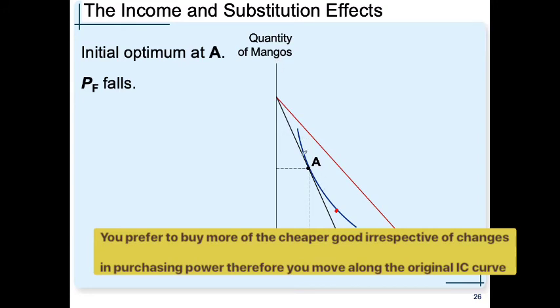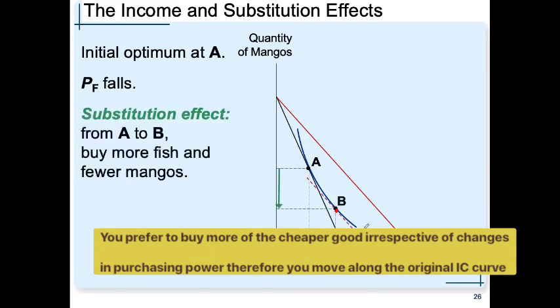But how do you find out where you are on the original indifference curve? The way it's done is that you draw a new budget constraint that is parallel to this budget constraint. This dotted line is the new budget constraint. You draw it as a line that's parallel to the new budget constraint, and the point where it is tangent with the original IC curve, this one,